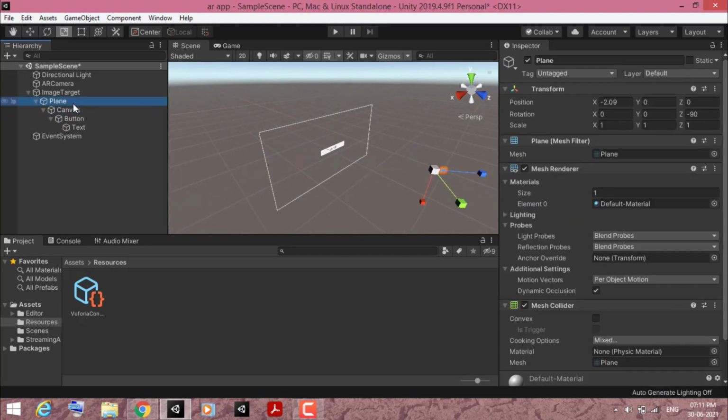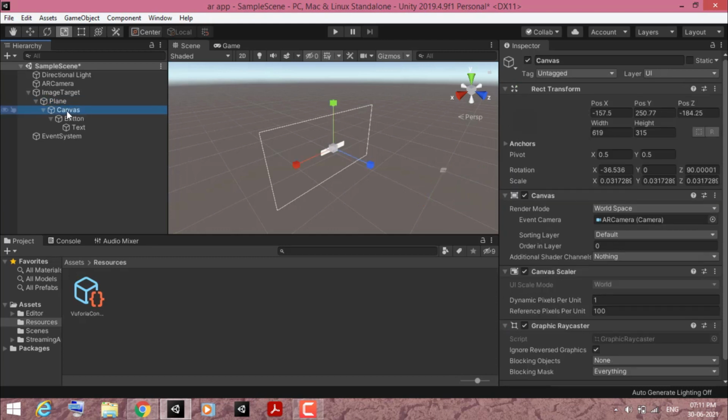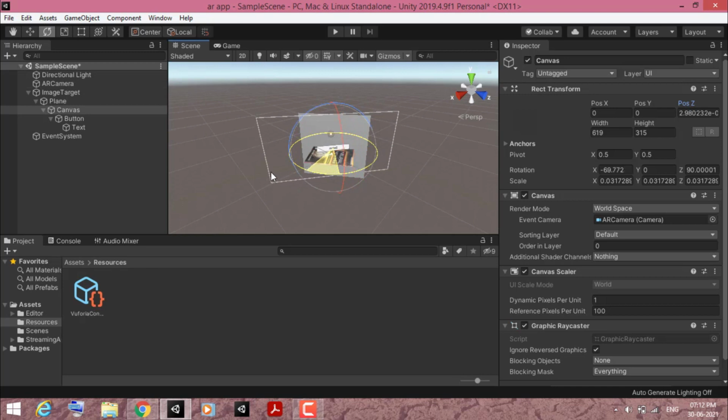Now if I click on the plane, you will see the position of my plane is x 2.00, y 0, z 0, but the position of the canvas is not at 0 0. So I just change its x y position to 0 0 and 0. Again I just click over it. Now you will see my plane and my canvas are both at the same point. So I just select the move tool and adjust my canvas to my plane. Select the 2D tool and reduce the size.